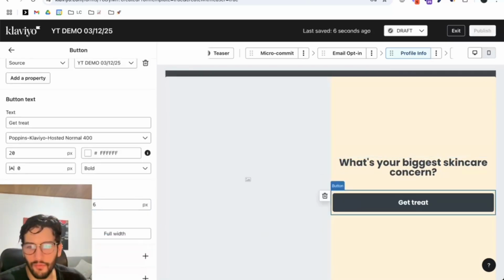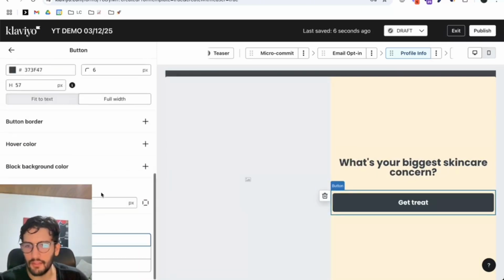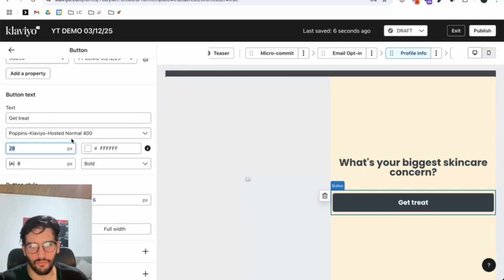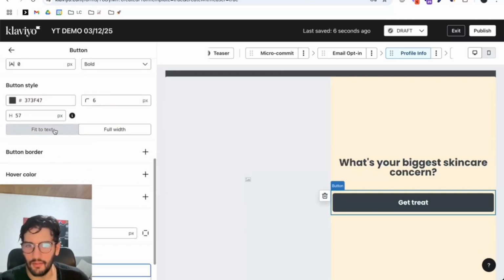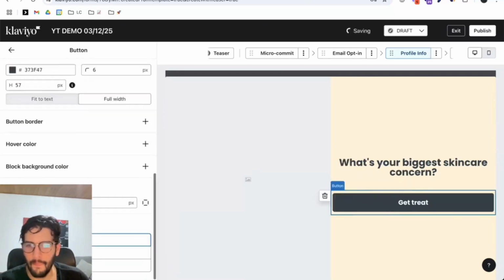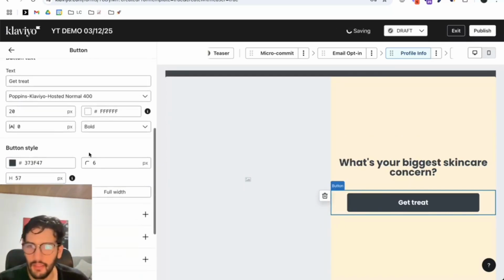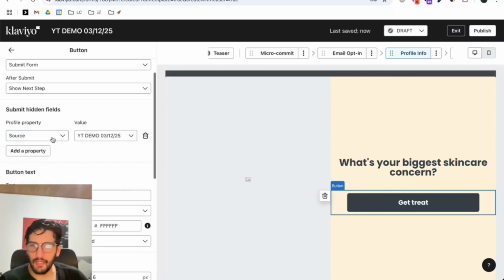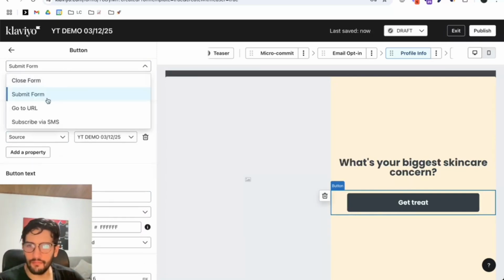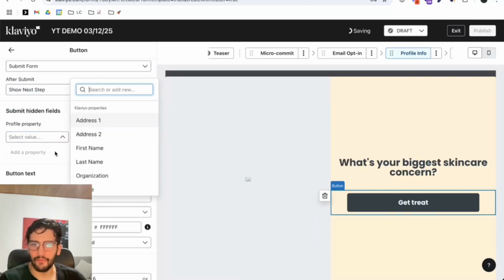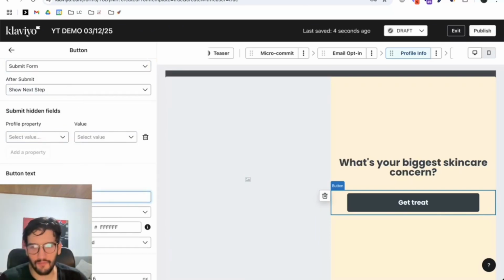And then for this specific button, I cannot help myself. I need to modify this. It looks really crappy. So okay, better. Let's say this submit form at property. So let me change the text here. So get treat, for example,